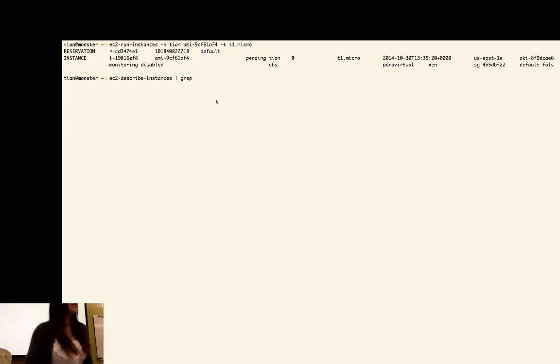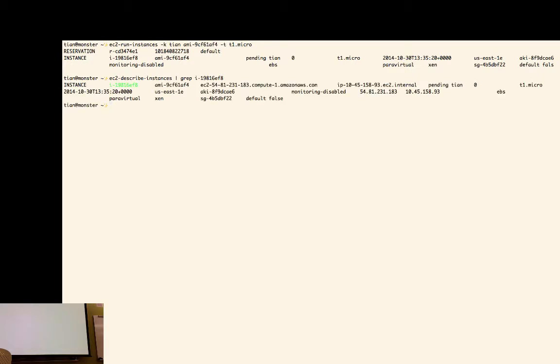How do you know when the instance is actually up and running? You need to check so that you can SSH into it. Describe instance means describe the status of the instance which I just started, and the i-something number is just the instance ID that Amazon assigned to the instance.